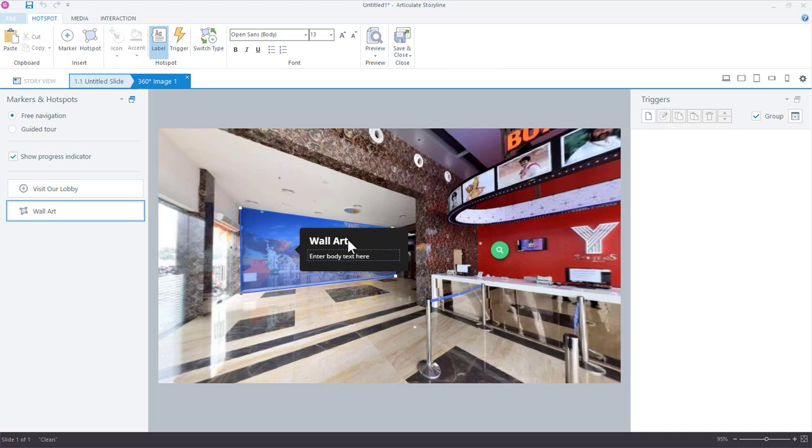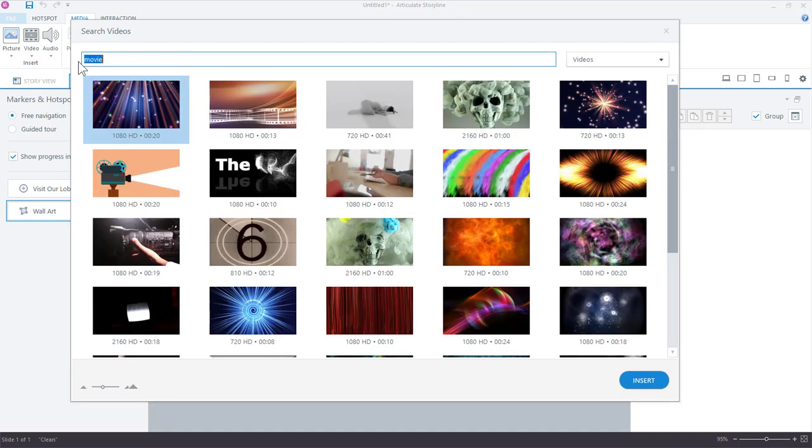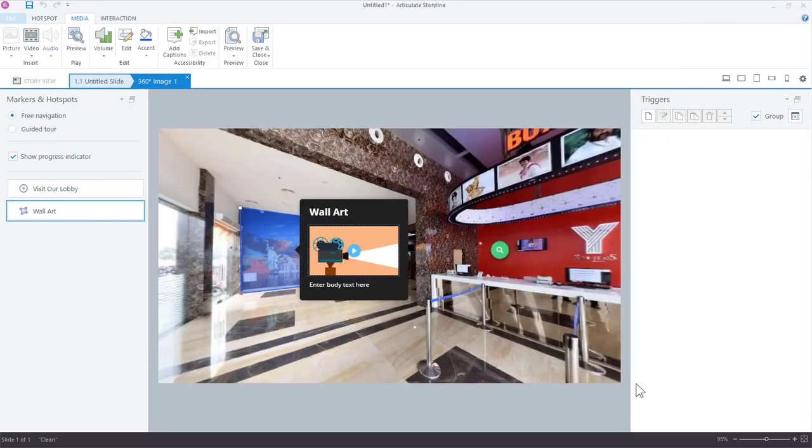So just like with the marker as well, we can add media. So this time we can put in a video file. So go to the media tab on the ribbon, video, and I'll just choose something here from Content Library. This stock video right here, the stock video illustration. Now you can see the video here on the slide, but we can't add a picture or an audio file, and that's just how this works.